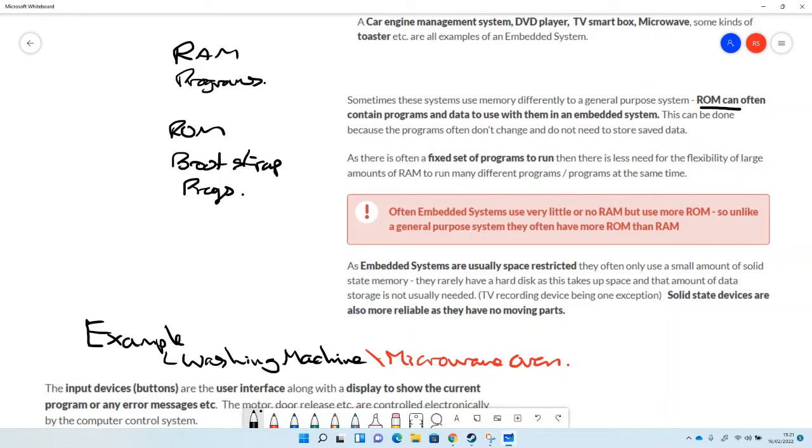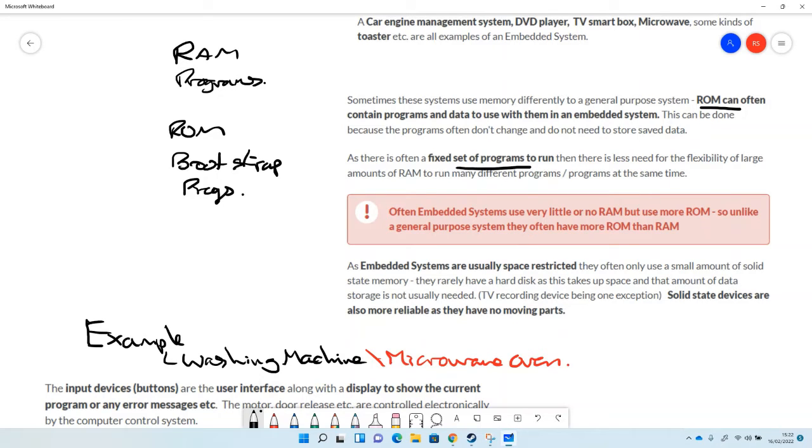There might be a tiny bit, but there's not very much data to store. If you're thinking about running a washing machine, there are a fixed set of programs. Those programs don't change. They don't really have any requirement to save data. So we can get away with having most of the programs in a ROM, a read-only memory, and hardly any